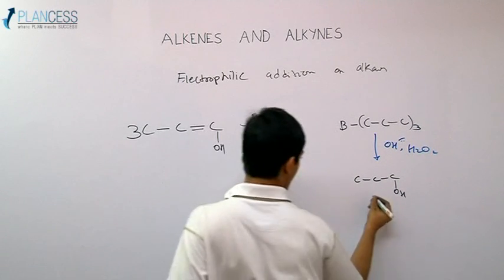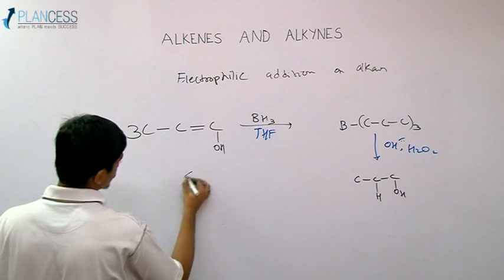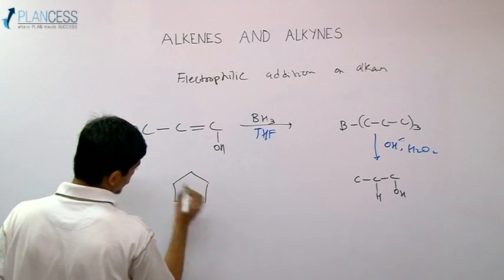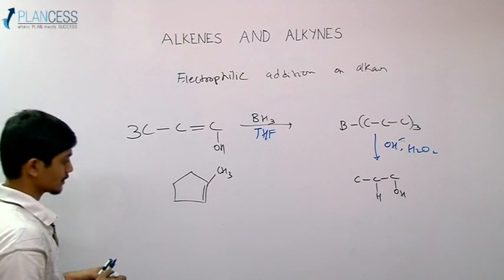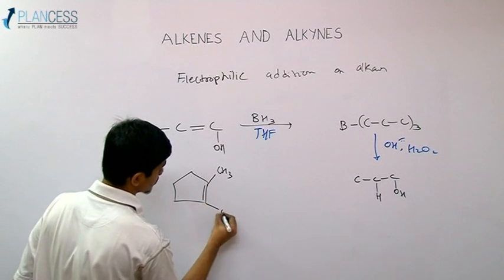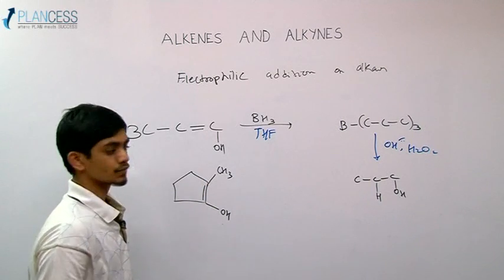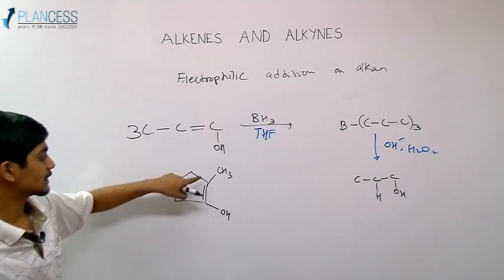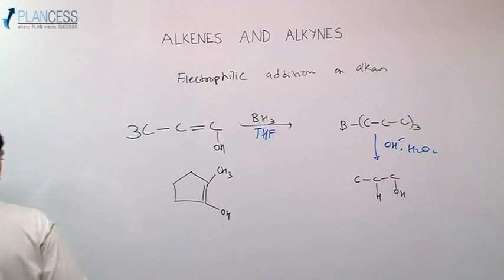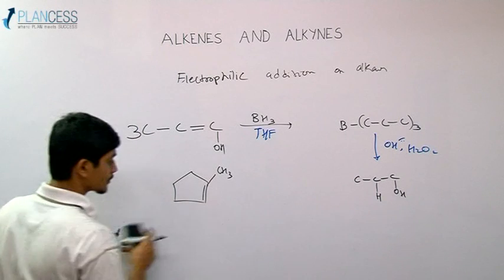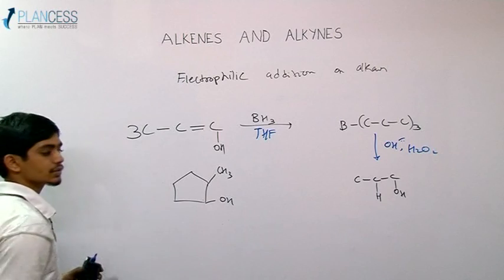That is, you get something like this. As an example, you can just take, this is pentane. If you have an alkene over here, you have a CH3 over here, then you get, suppose, an OH in the bottom, because this is an alkene, so we can get an OH on the top or on the bottom. But if we get the OH on the bottom, then the top position is already occupied by the CH3, so that means now we can get only, if we get an OH on the top, we see that the top position is already occupied with